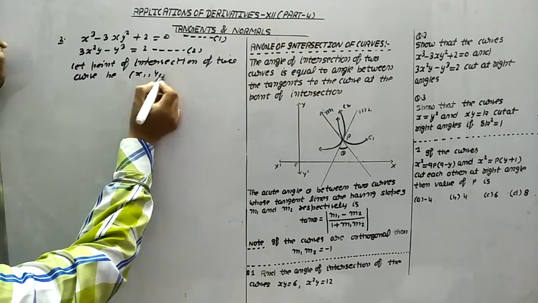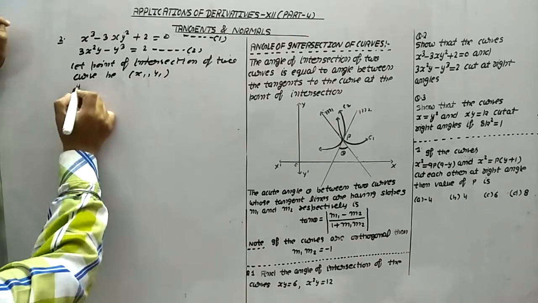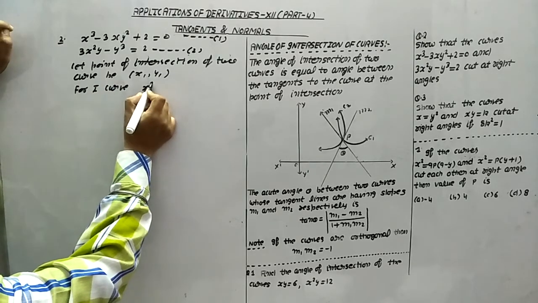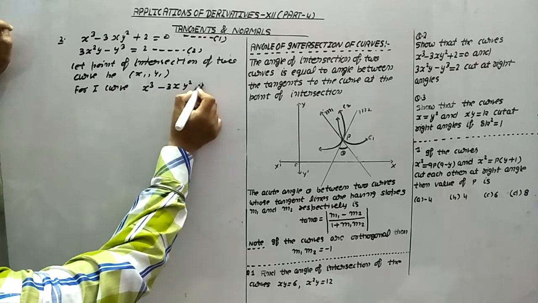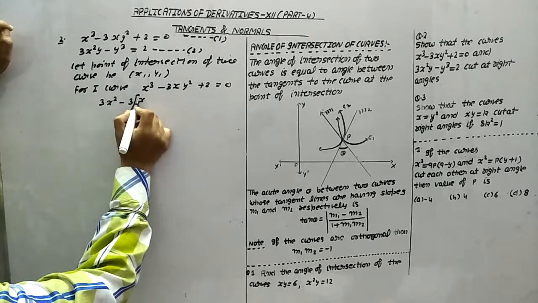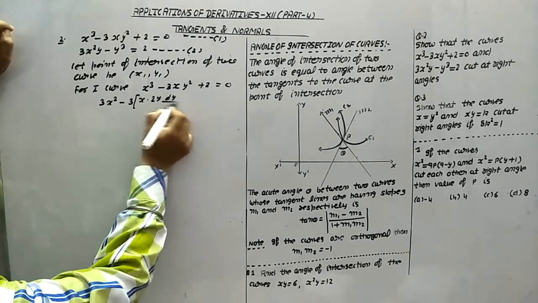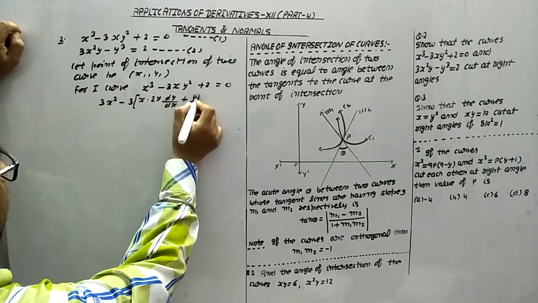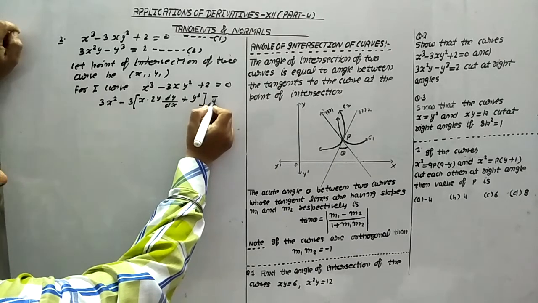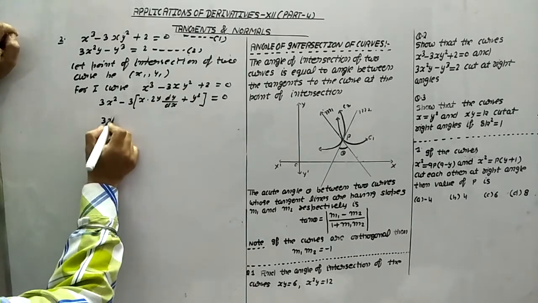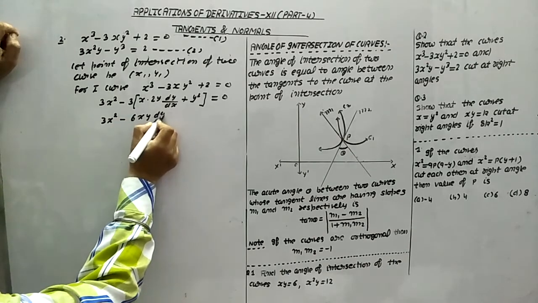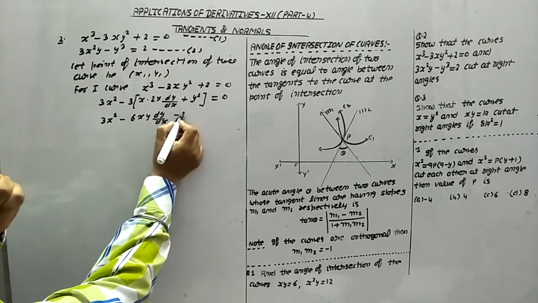So once we are considering this, now first of all, for the first curve, differentiate with respect to x. It means this becomes: x cube gives 3x square, minus 3 times x as it is, y square gives 2y dy by dx, plus y square as it is. What is the differentiation of x? 1 only. Differentiation of 2 is 0. Now this becomes 3x square minus 6xy dy by dx minus 3y square